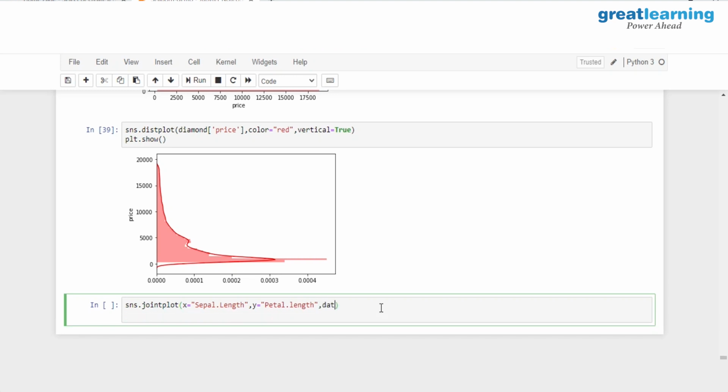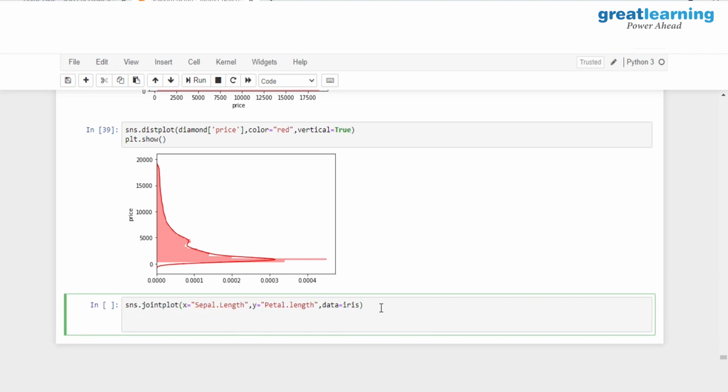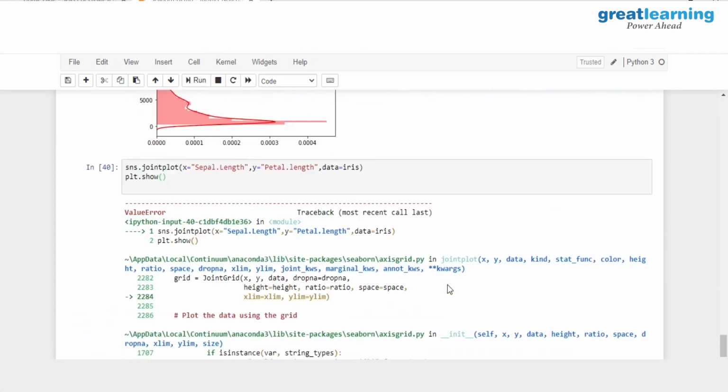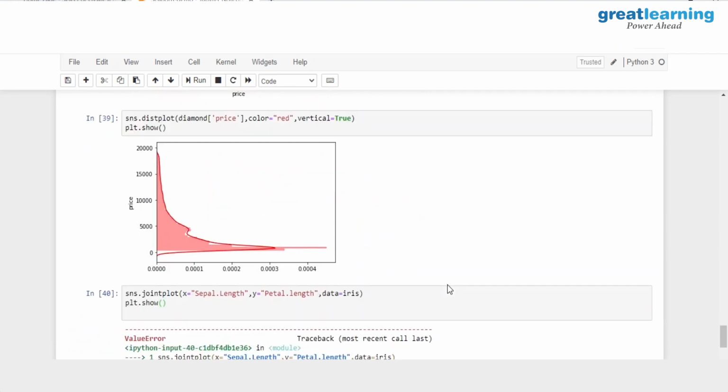I'd actually have to give in the data as well. So the data on which I'm making this is the iris data set. Then here I'll have plt.show, and when I hit run, it seems like we have an error over here. So sepal length, the L has to be capital. Let me make it capital L.